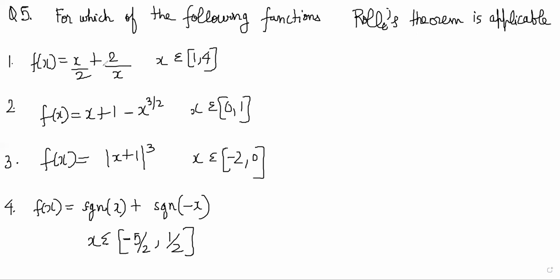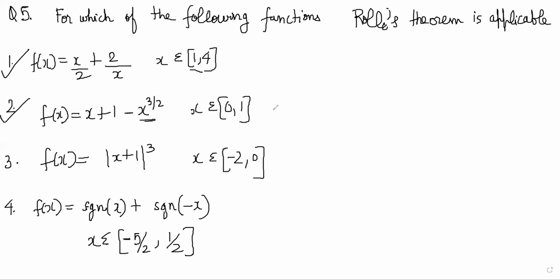So f of a is equal to f of b here, and since this interval doesn't cover 0, it is obviously a differentiable function in that region. So this is satisfying. It is differentiable, so it is continuous also. In this one, if you check 0 to 1, the value at 0 will be 1, and the value at 1 will be 2 minus 1, so that is also 1. So f of a is equal to f of b, and there is no problem of differentiation here. There is no problematic point. It is all positive. If it was negative, then it would not be defined. So this is also fine.